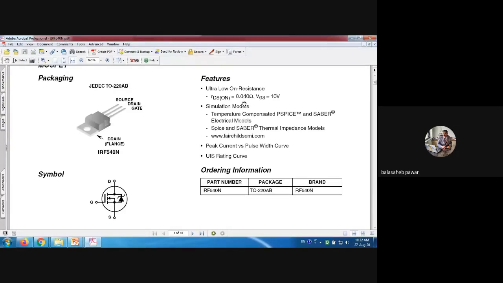1.2 microsecond. We are applying a gate pulse here. How much is its amplitude? Its amplitude is, suppose, 10 volt. And its duration is how much? It is 1.2 microsecond. So during that 1.2 microsecond, there will be non-zero ID. Do you agree with this?